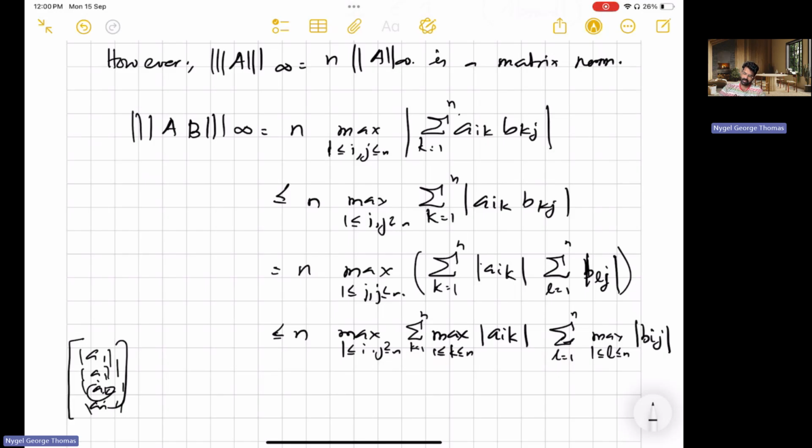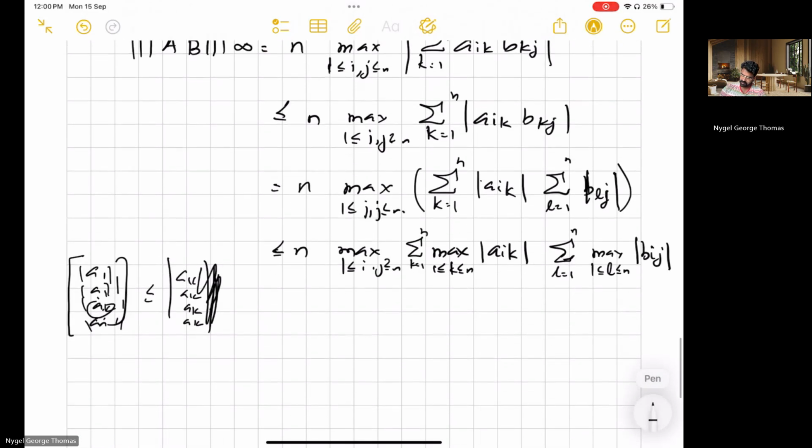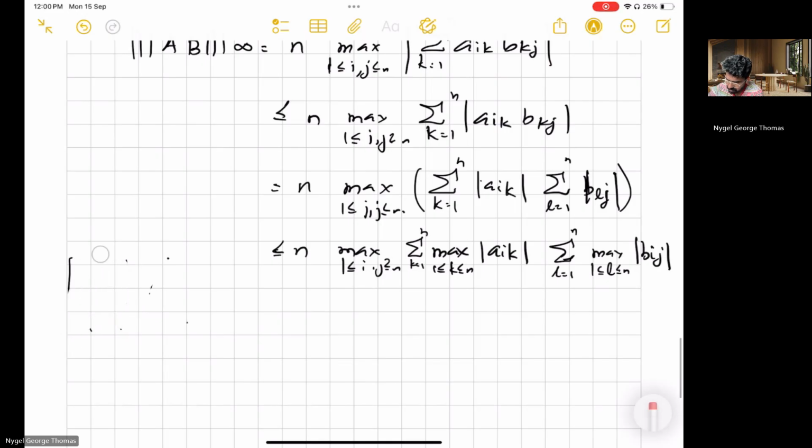The sum of that would always be less than or equal to just replacing everything with a_k, the max value, and adding them together, right? So this would be true. But this is a constant value. Summing them together is basically